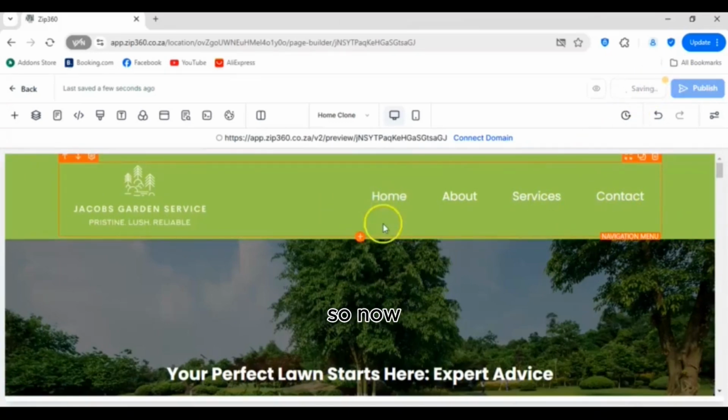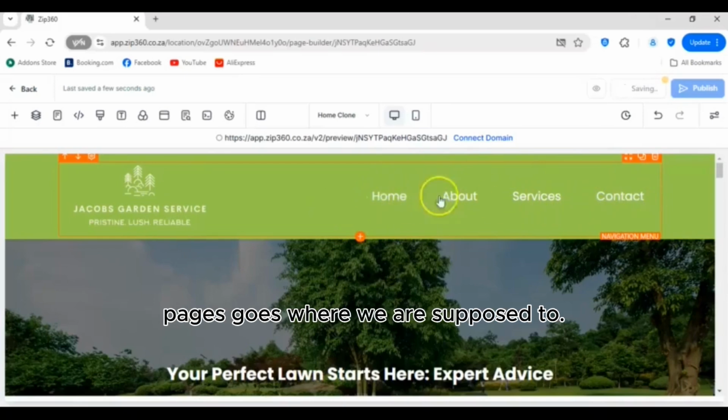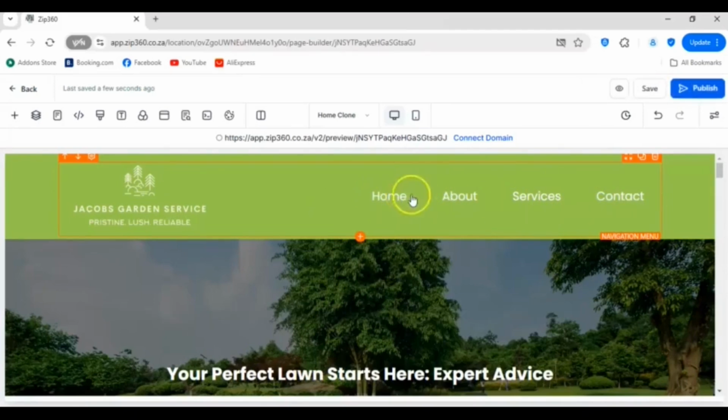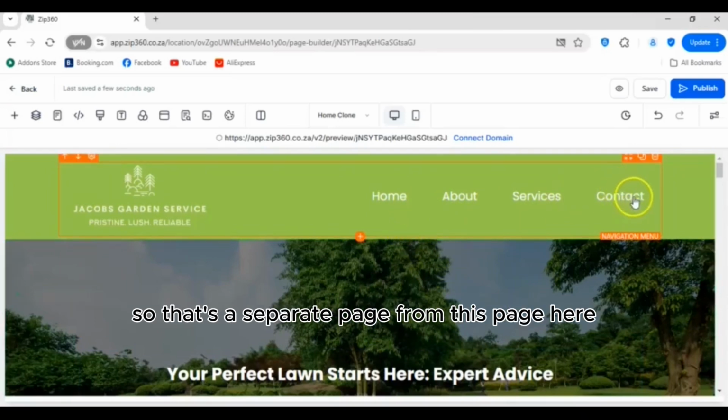Okay, so now what we need to do is just make sure that pages go where they are supposed to. Please take note, the contact page is not part of this page yet. So that's a separate page from this page here.